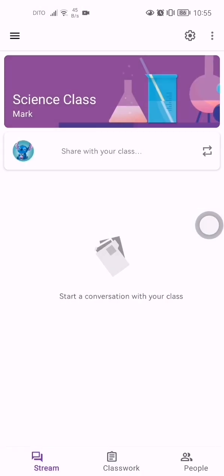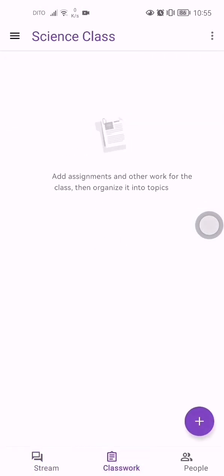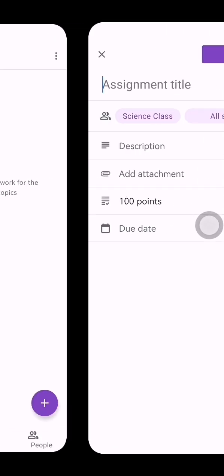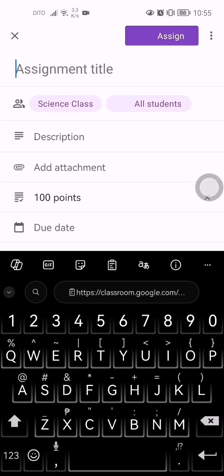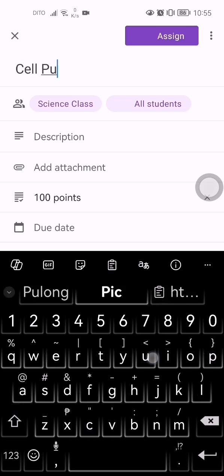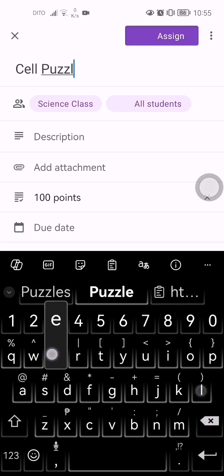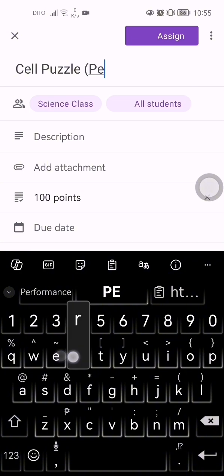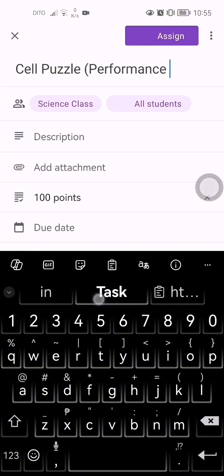Now we have our classroom, and then we will assign a performance task for our students. So let us click classwork and this plus sign, assignment, and then for our assignment title, because our chosen game was cell puzzle, we will put cell puzzle as their performance task.